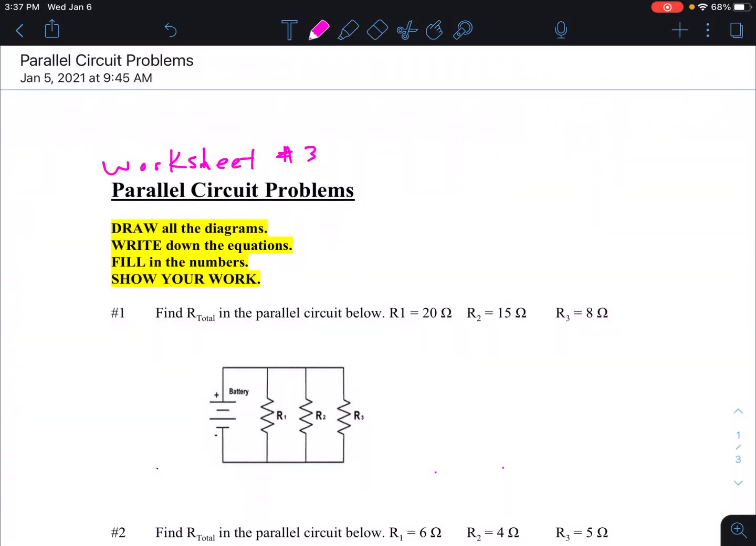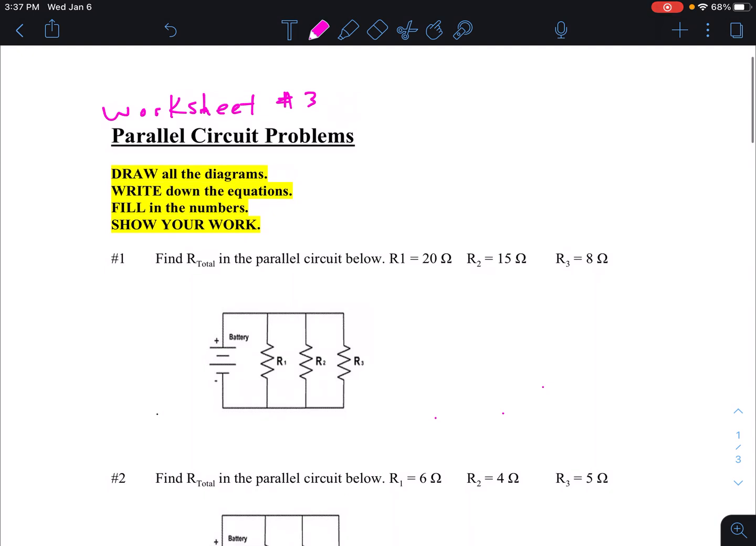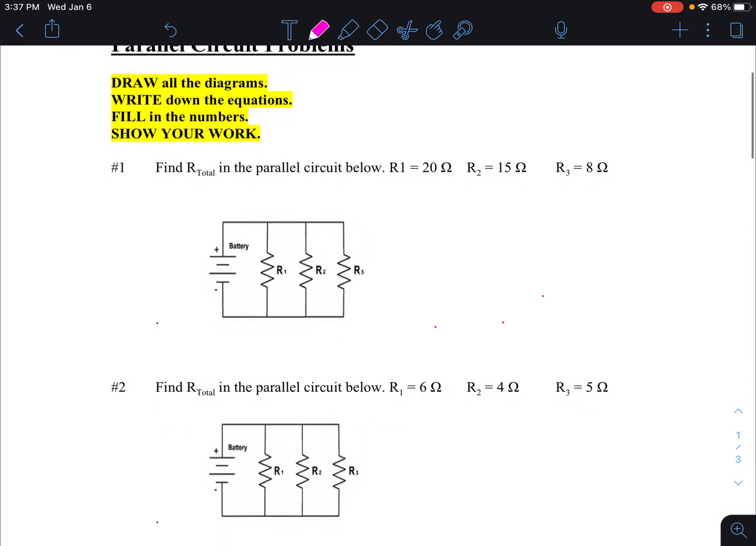Alright guys, this is a video to help you out with worksheet number 3, parallel circuit problems. This worksheet for a parallel circuit is different than it is for a series circuit, which was worksheet number 2. On a parallel circuit, you have more than one pathway for the electrons to flow through. And the rules are different in that in a parallel